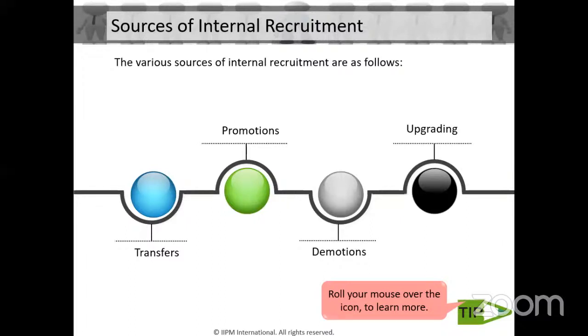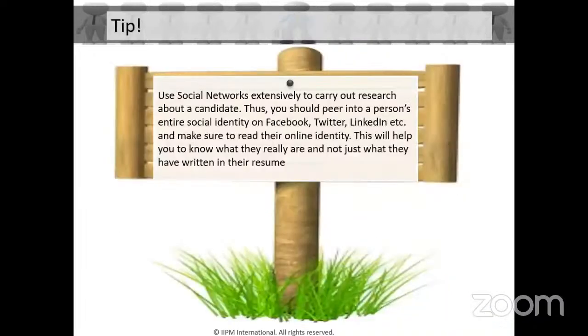Another one is promotion. People move from one level of job to a higher level of job. Another one is demotion. So somebody can be demoted to fill a lower job level, okay? Then another one is upgrading. Somebody can upgrade their certificate, get more qualification, and then subsequently be upgraded to fill a new vacant position. Another one, let's